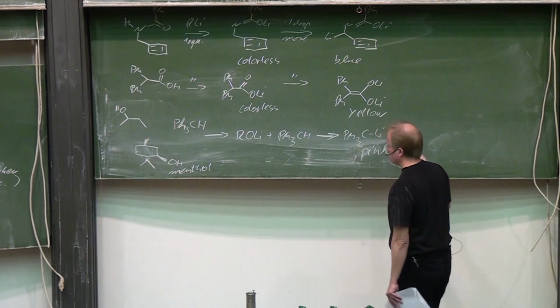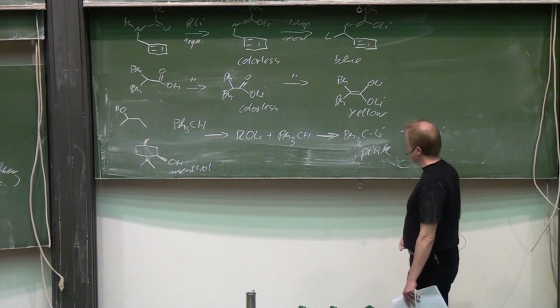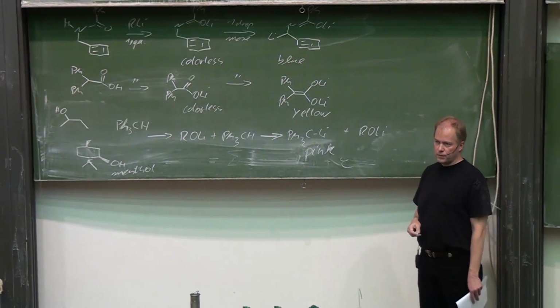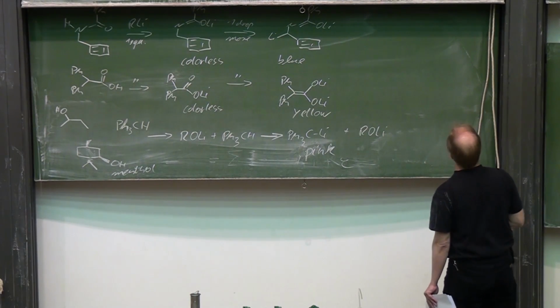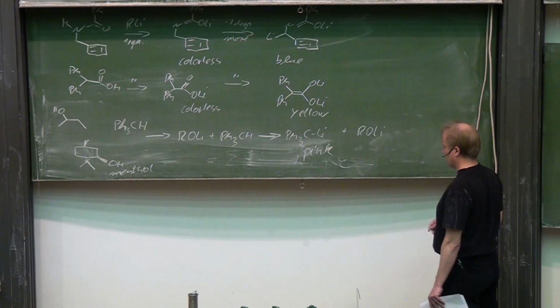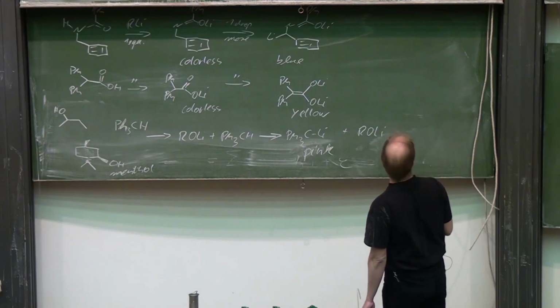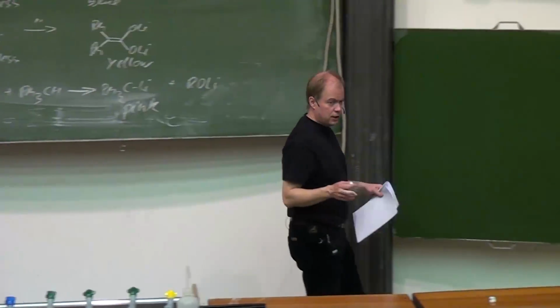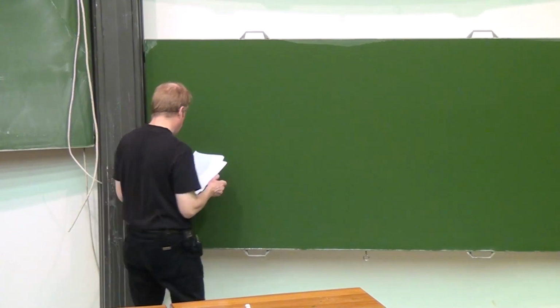One drop more, you still have lithium alcoholate, but you start to form the indicator. And you will get, therefore, a color response of the system. The combination of an alcohol and an indicator